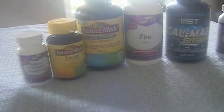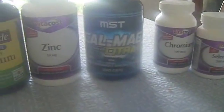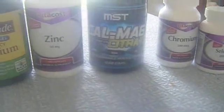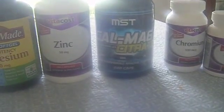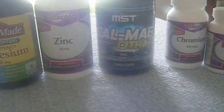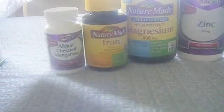On the other hand, I have a group here that is basically all minerals. Over here on the right, we start with selenium, chromium, then there's a Millennium Sports Technologies product called CalMag Citrate, which has calcium, magnesium, and D, and straight up zinc, straight up magnesium, straight up iron, and straight up manganese. Reason why I take those, because I'm just very much mineral